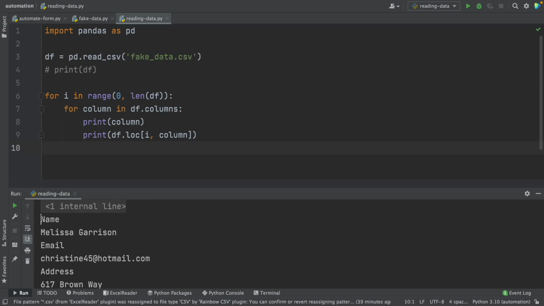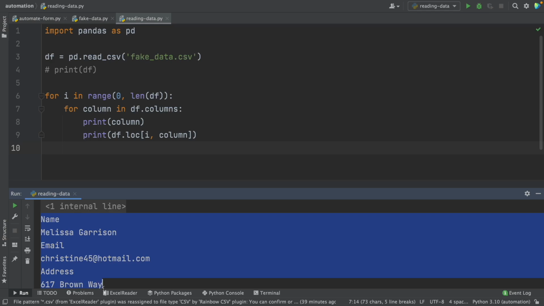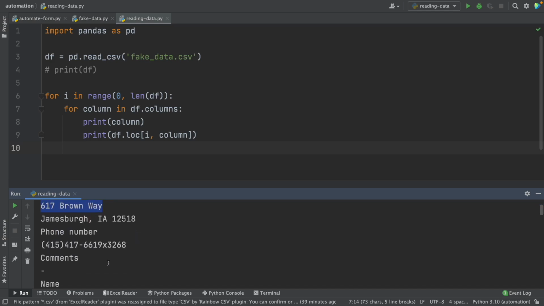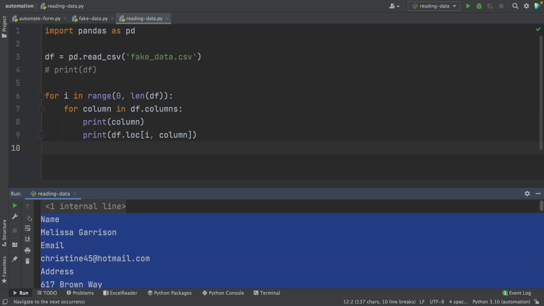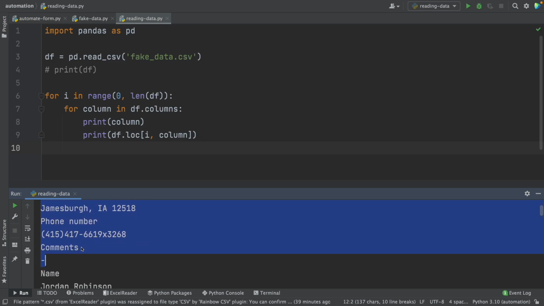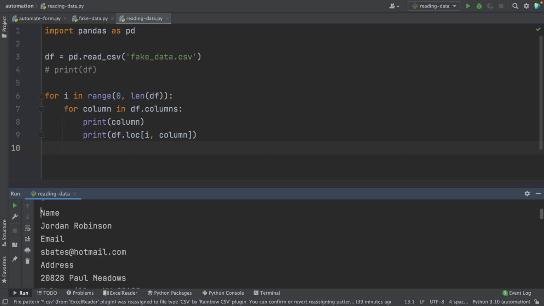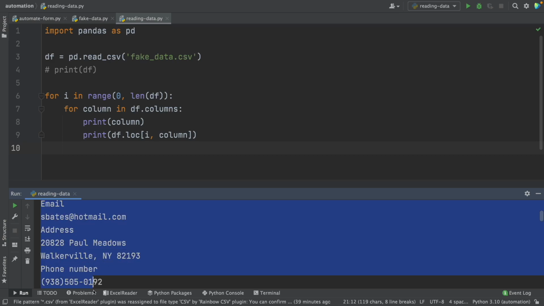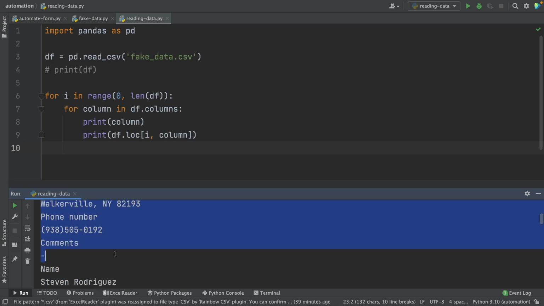And as you can see here, this is a block. So we have a block of the first profile. From name to comments is the first block, or the first fake profile. And then we have the second fake profile, and so on. So we have 10 fake profiles, and each of them